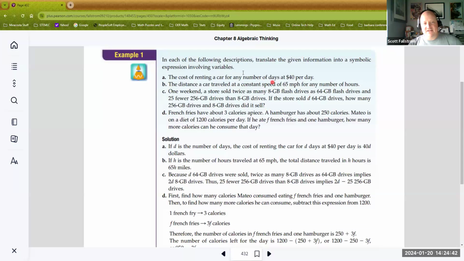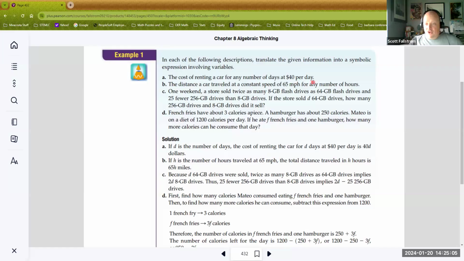Okay, so what we're going to see in this chapter, I guess this section 8.1, is you're going to get a sentence. The goal is to turn that sentence into an expression, and we want to use symbols. Okay, so we want to represent, in this case, the cost of renting a car for any number of days at $40